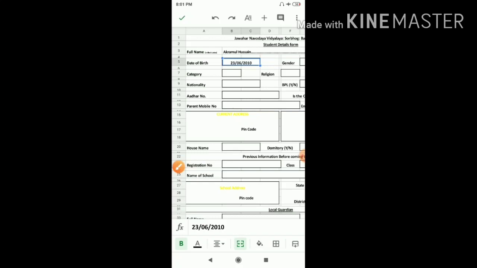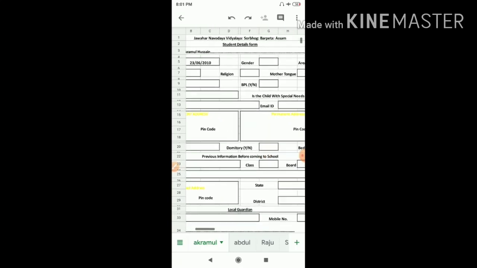After clicking that one, again you have to click on the right symbol on the top left corner, otherwise it will not be saved. So see, I have ticked, I have clicked. Now see, Akramul Hussain, date of birth 23/6/2010, saved. Okay, it is saved.